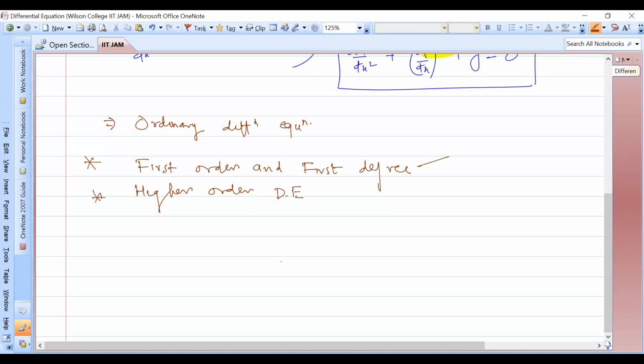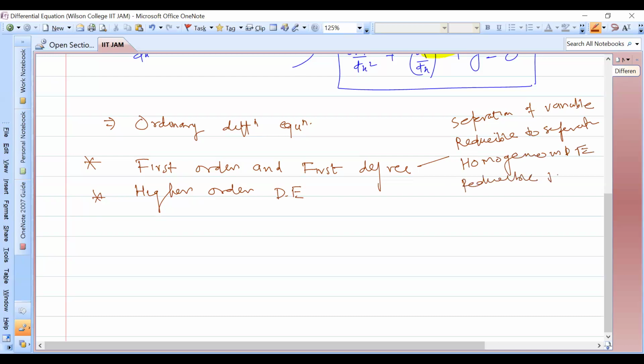First order and first degree we have already seen. One part is separation of variable, another is reducible to separation of variable form, another is homogeneous differential equation, reducible to homogeneous form, and exact differential equation,